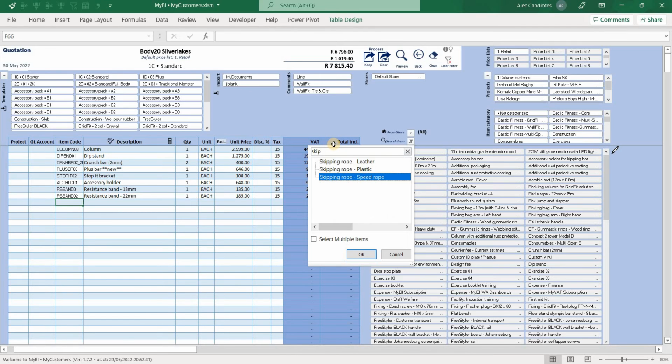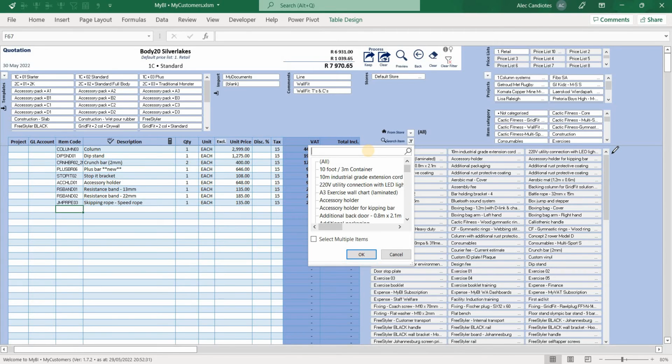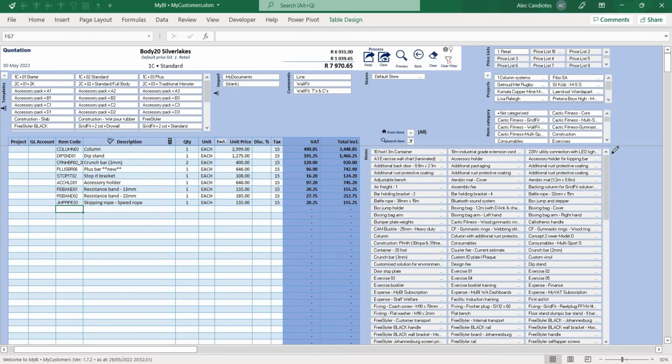There we go. Speed rope. And then the last one is an aerobic mat. All right, that one over there. So there we got our 11 items, and once that's done, we can actually go and either issue